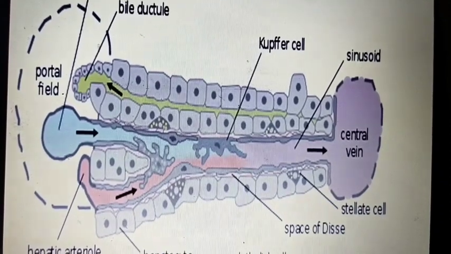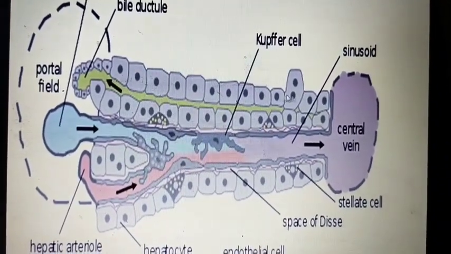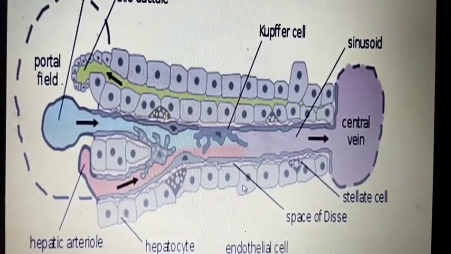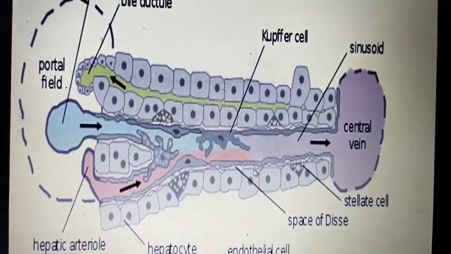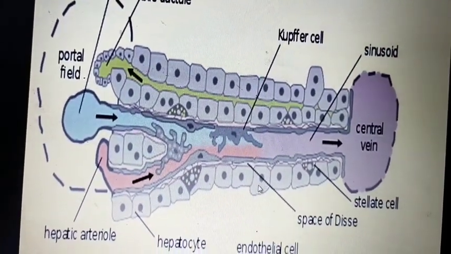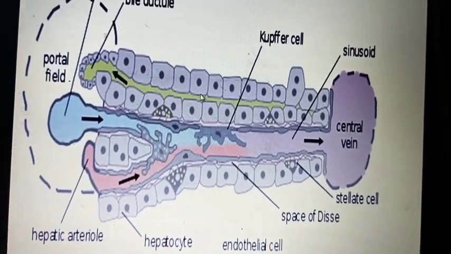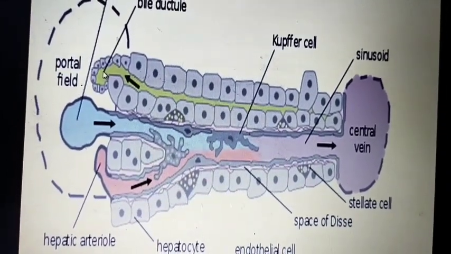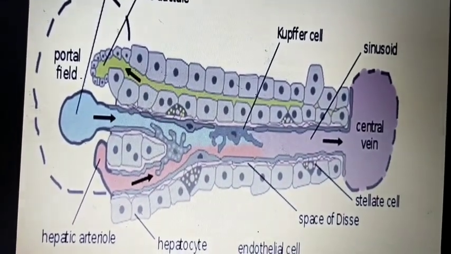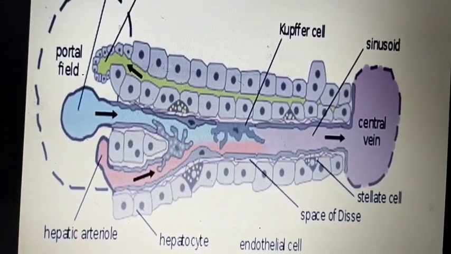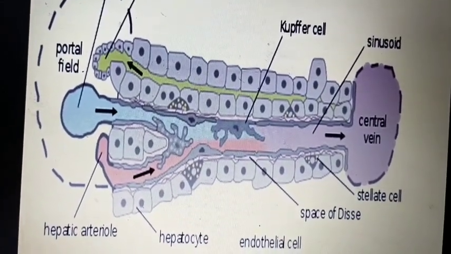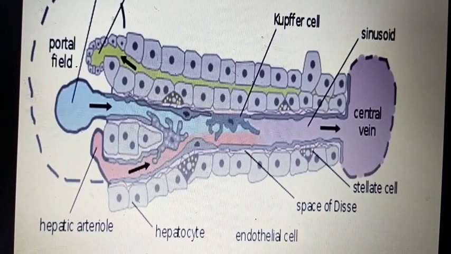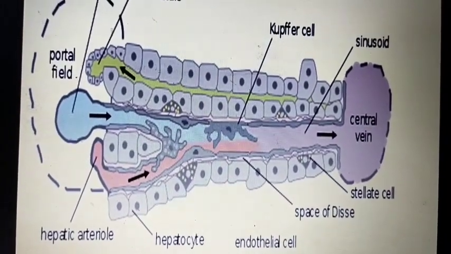Here also you can see these are all hepatocyte cells. These are drained by the biliary canaliculi, and these biliary canaliculi are drained to form the ductules, and the ductules are drained into the bile ducts. The bile ducts join together from the lobular ducts to septal ducts, which join to the area ducts. Area ducts go to lobar ducts, and lobar ducts go to the right and left major ducts at the porta hepatis.